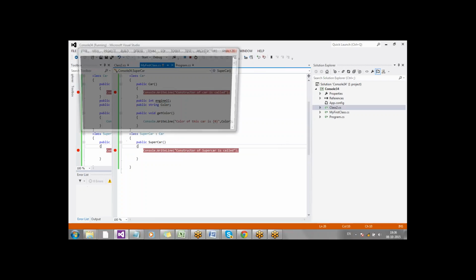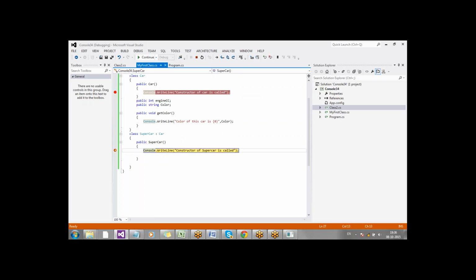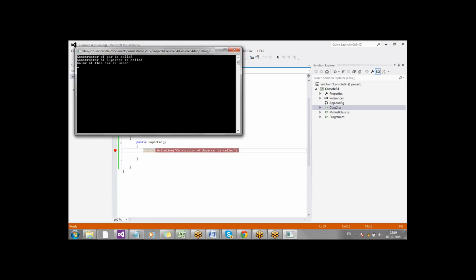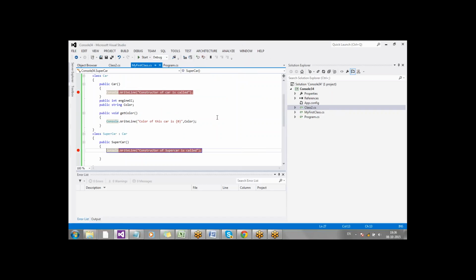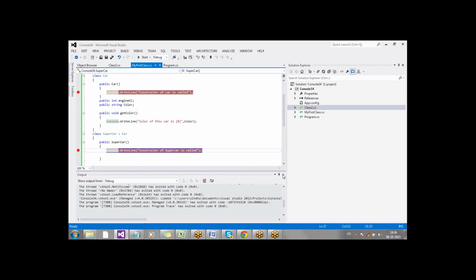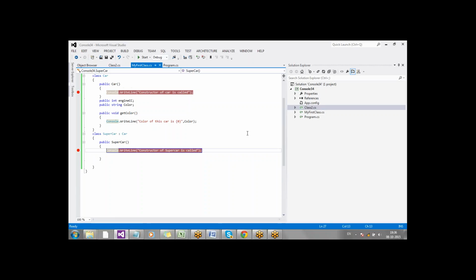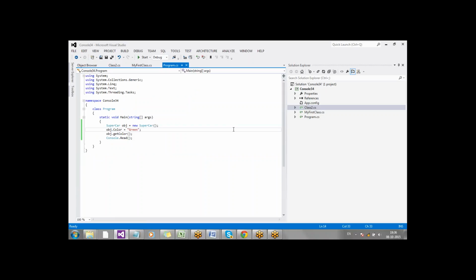And there is a very good interview question actually. Fine. Making sense? When you have two classes which are tied through inheritance, then both the constructors would be called when you create an instance of the child class. Fine.